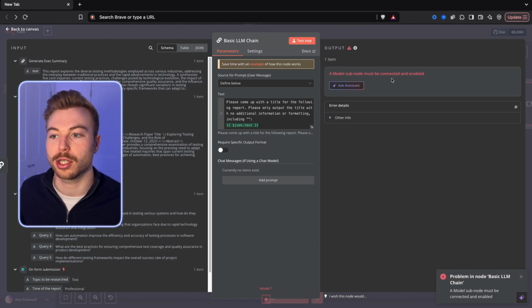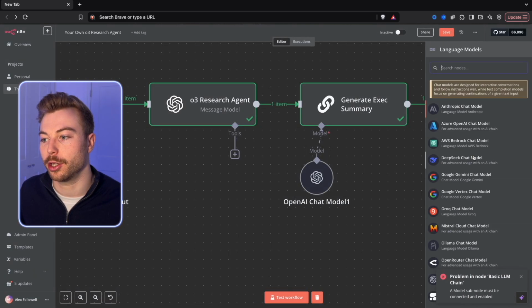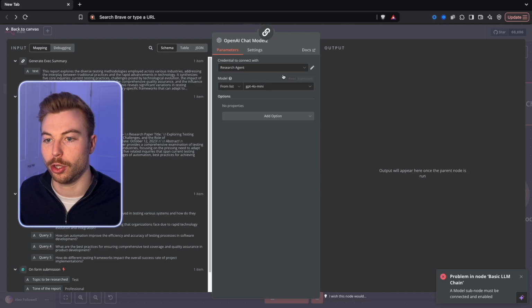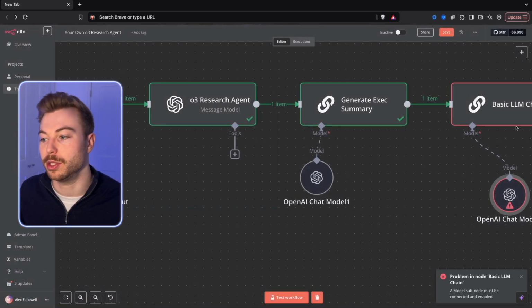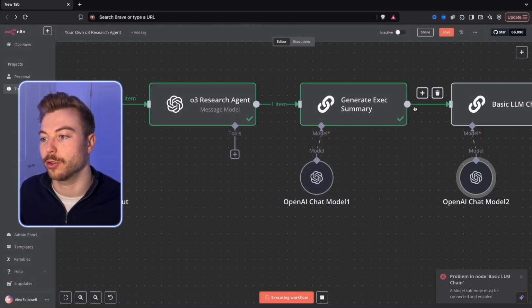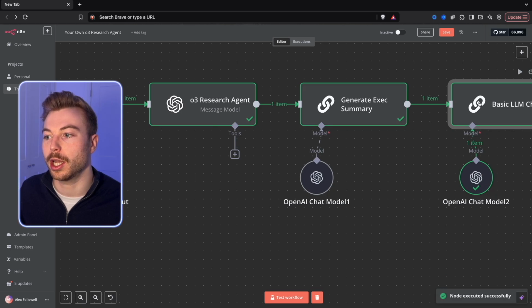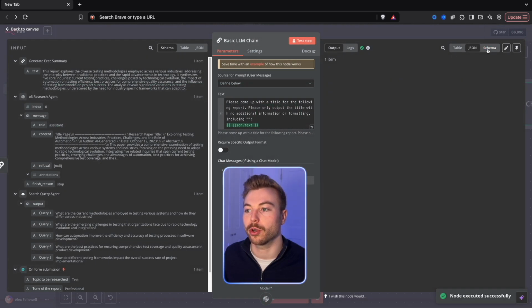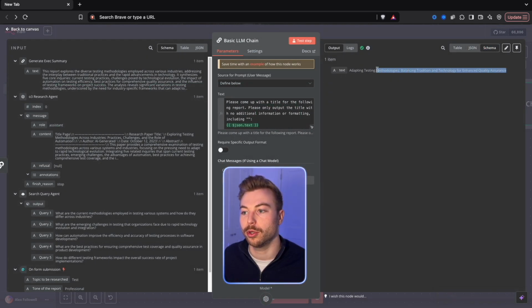So if we do test step, we need to add our AI brain as well. So again, we'll come down at OpenAI and we'll just use GPT-4o mini in this case. So if we do test step again, what we'll get is, if we come back into here, now we've got a really quick title that's come through